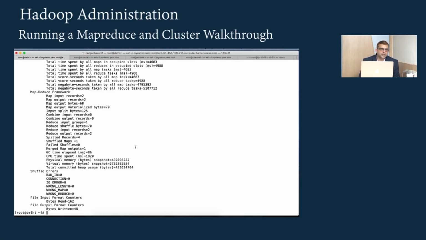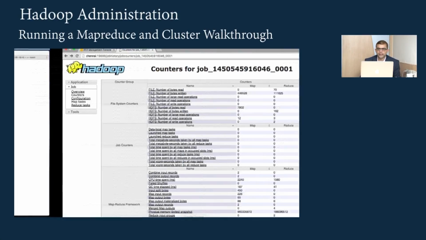To view the logs, you can go to the varlog folder, or you can verify the status of a job by looking at the logs from the user interface also. We can also browse the status of HDFS. Now the last thing in this video that we are going to look at is when you dump data into HDFS, how blocks are created and where they are created. So let's quickly look at that.